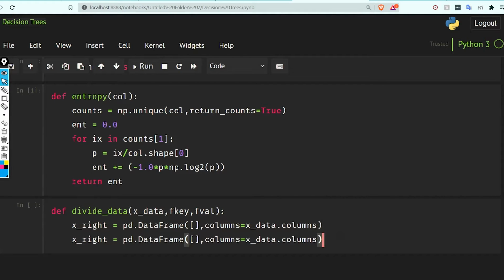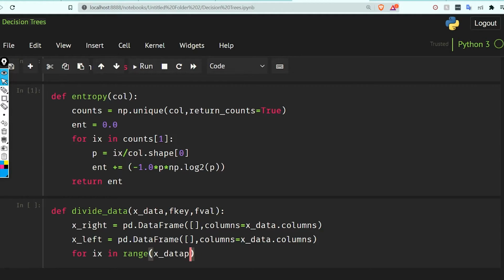I will explain what I am doing here. This is going to be x left. So for ix in range x_data.shape[0], key is f_key, and we use iloc ix.